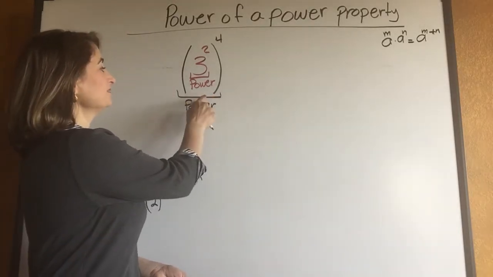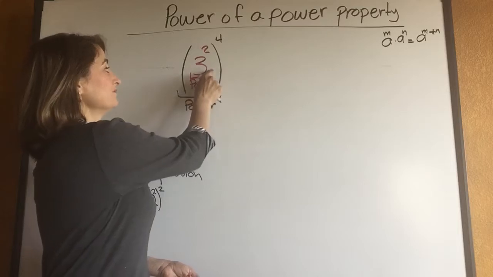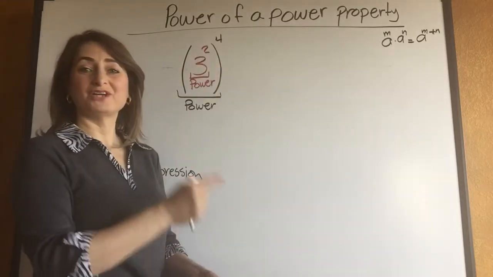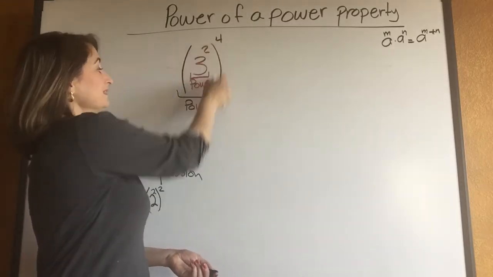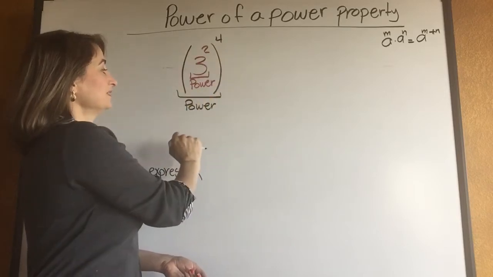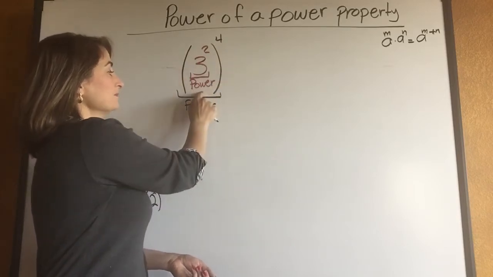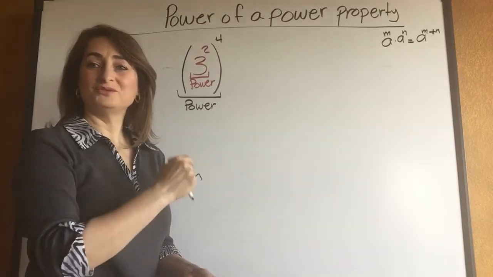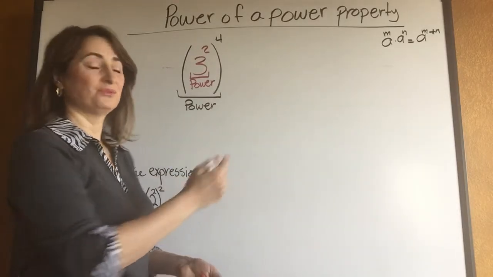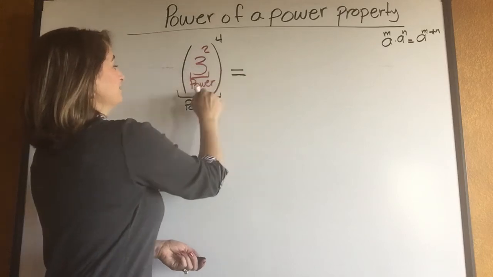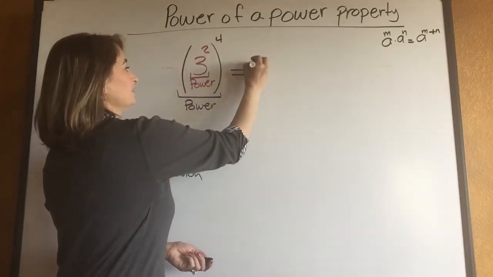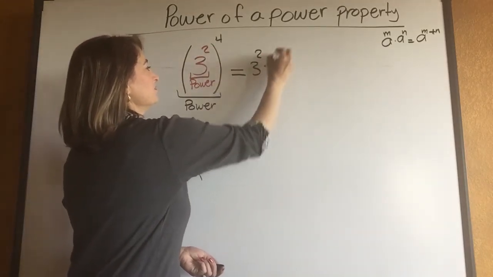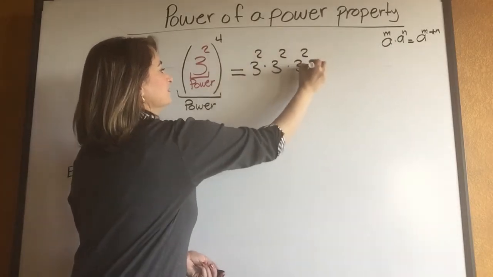Look inside the parentheses where you have a power with a base of 3 and exponent of 2. And I'm trying to find the second power of this one, where 3 to the power 2 becomes the base, to the power of 4, exponent of 4. Let's use repeated multiplication to come up with a rule. That means the base is repeated 4 times. So 3 to the power 2 times 3 to the power 2 times 3 to the power 2 times 3